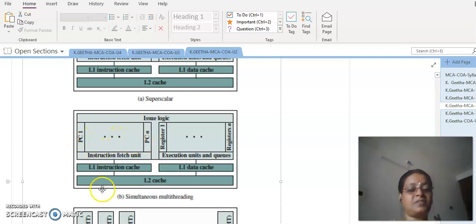Every time if it has to fetch from the memory, it is going to be a time consuming activity. So it will fetch all the instructions and keep them in the buffer. Whereas the data cache will also get ready by fetching all the data required, and it will fill up the registers with the relevant data. As we have the instructions and the data ready simultaneously, it will immediately move on to the third stage, namely the execution stage, where it need not wait to fetch the data. Immediately the data is available here, so it will start executing the operation, and thereby we are able to improve the performance. This method is called simultaneous multi-threading.